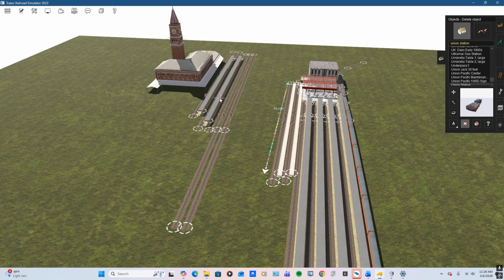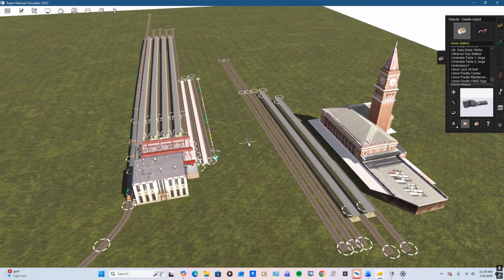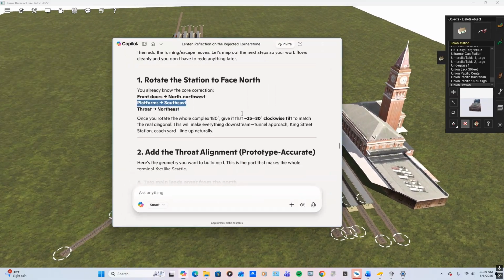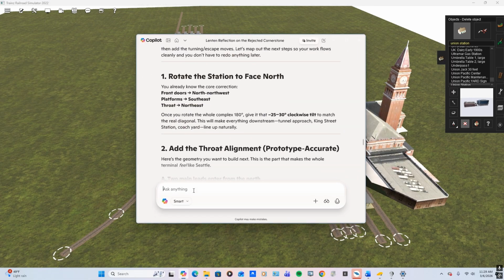Okay, so facing southeast would be like this. And it says it's facing southeast towards I-5. When you have it overlay that onto the Google map, it's bringing the tracks out like this. And that's not correct because the tracks went directly by. If you look at pictures of Union Station, so like I can tell it,